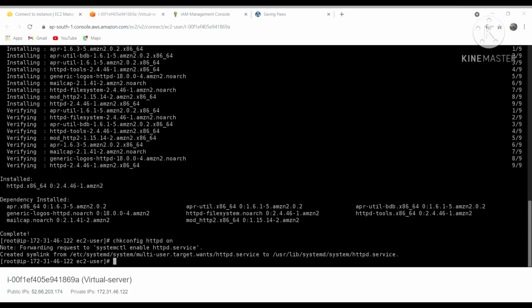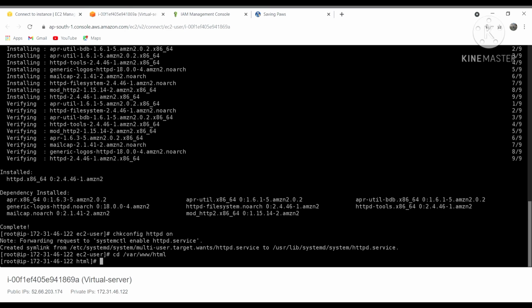Now I have to change the directory using the cd command. You can check here: earlier you were in the user folder, now you are in the HTML folder.